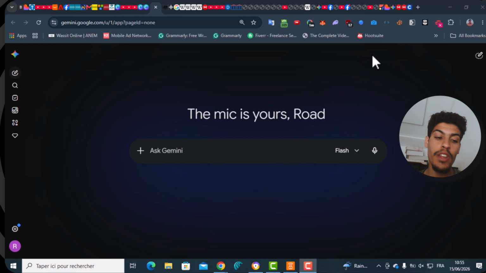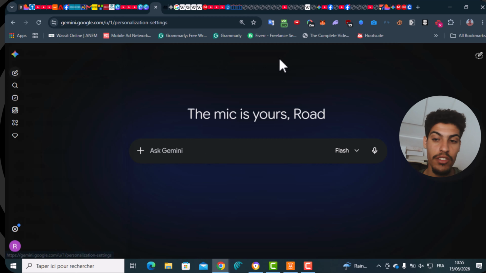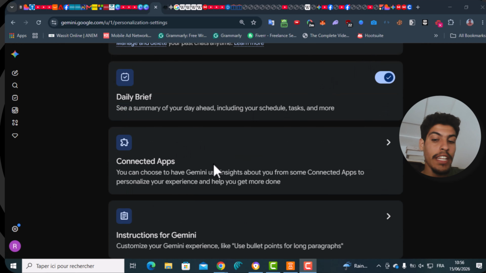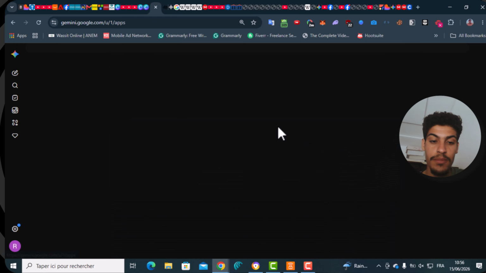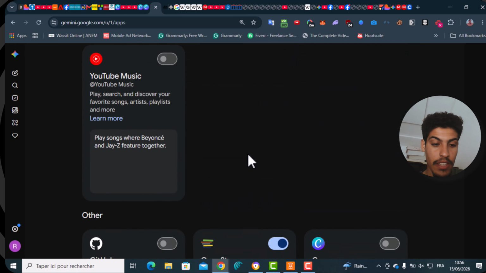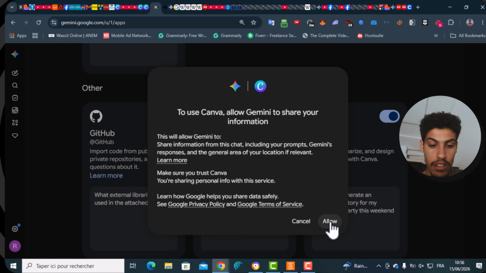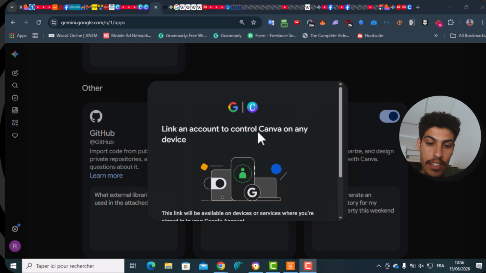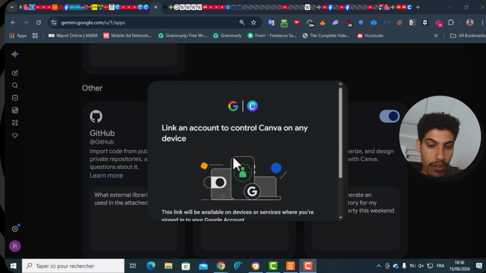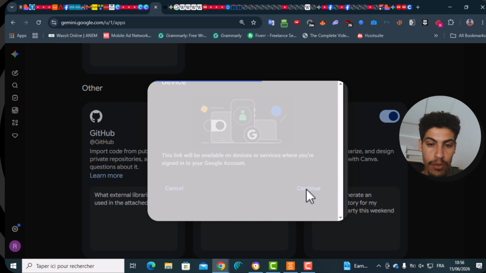So the easiest way to do it is to go to settings, and then go to Personal Intelligence, right? And then go to Connected Apps, okay? And then you scroll down, and then you see Canva. And then you activate it like this, and you click allow. Now you get this window here to link your account to Canva. Click continue,